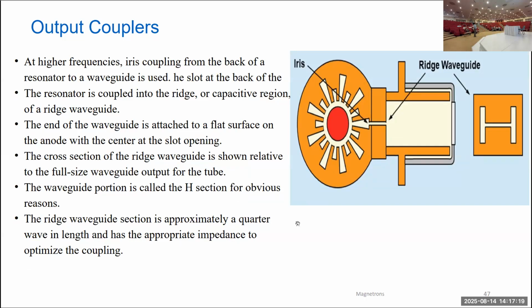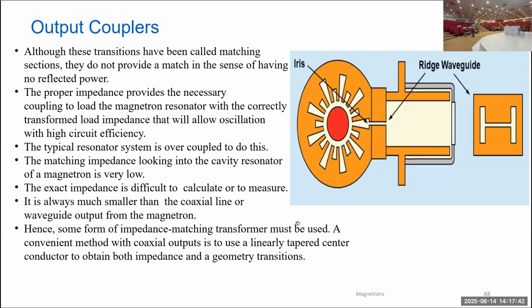The cross section of the rigid hollow waveguide is shown here. The waveguide portion is called the H section, for obvious reasons. The rigid waveguide section is approximately a quarter wave in length and has the appropriate impedance to optimize the coupling. Although these transitions have been called matching sections, they do not provide a match in the sense of having no reflected